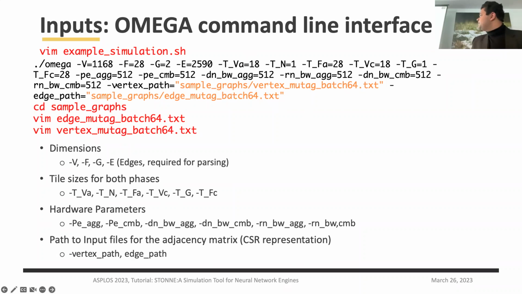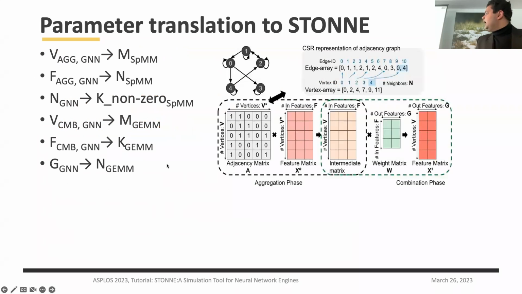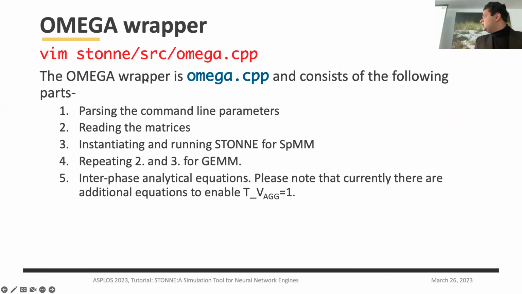And then there's path to the vertex, and then path to the edge. And this is like a legend for parameter translation from STONNE to OMEGA. And as I just briefly went through the OMEGA code,